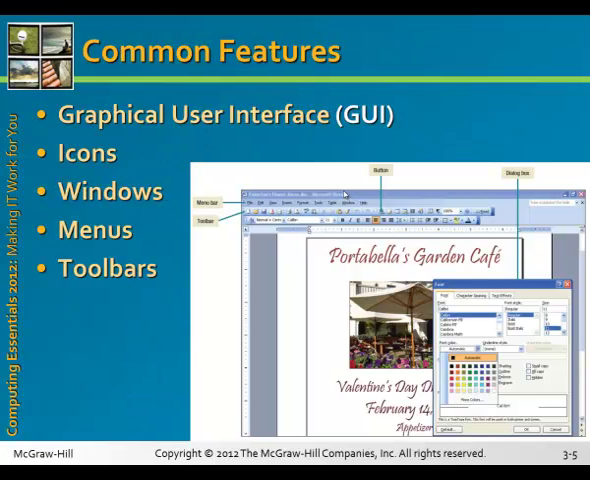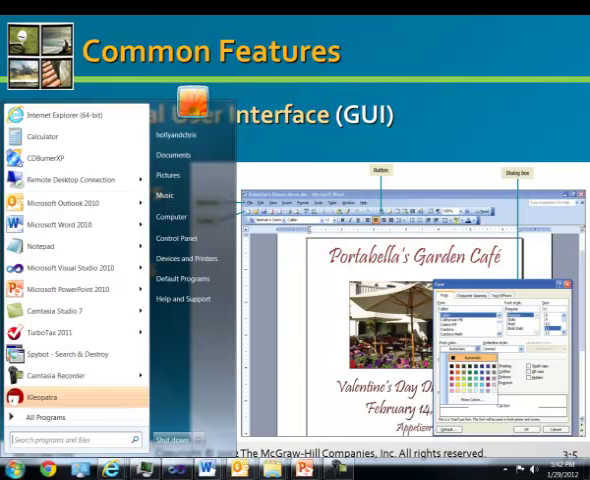Alright, common features. Remember the keyword graphical user interface is your GUI. Microsoft Word is built on a GUI base. There's also icons, windows, menus, and toolbars within that GUI. Back in the day, and some Linux distros still actually had where they're all graphics. They had something similar to